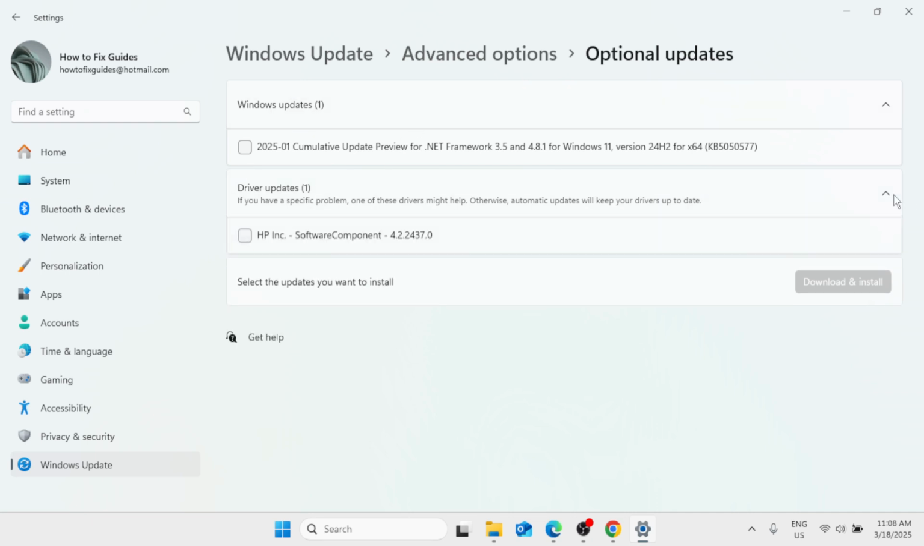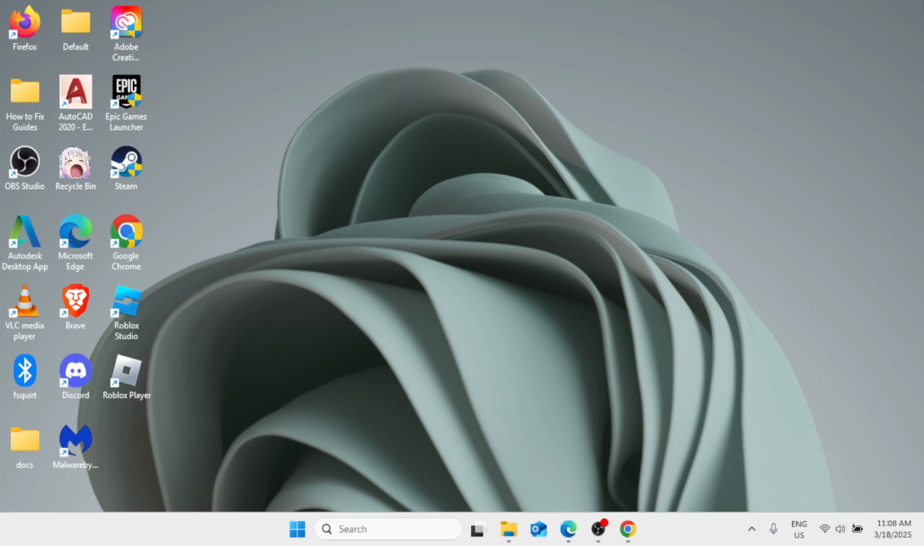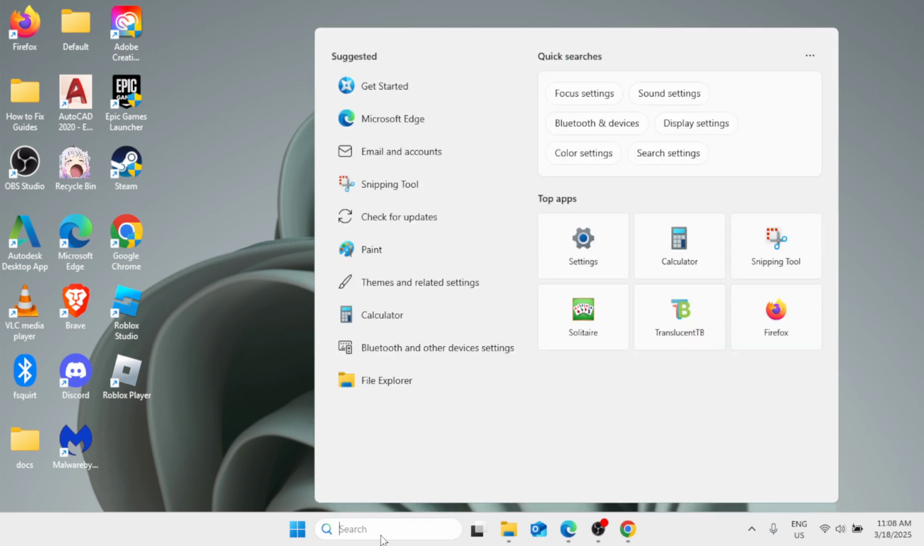So what you can do, especially for the driver updates, is download and install the available driver updates right here under optional updates. Just simply check the box that corresponds to that driver, and then select this download and install button, and wait until it is downloaded and installed into your Windows. And for the next method, go ahead in the Windows search bar and type in here